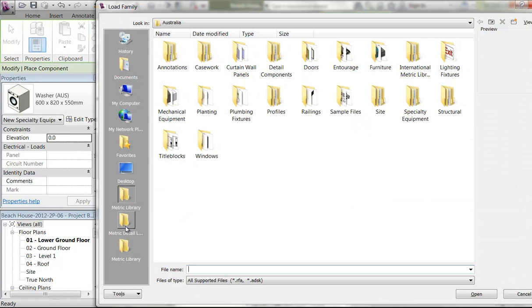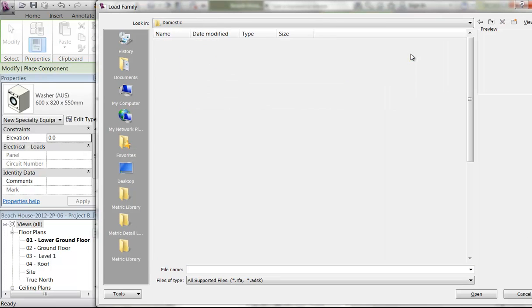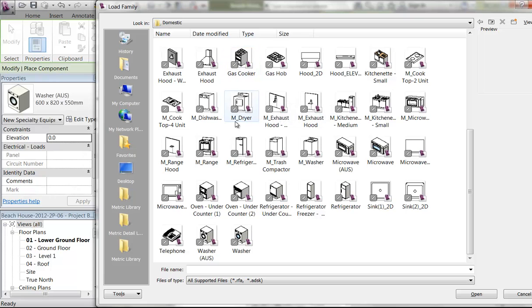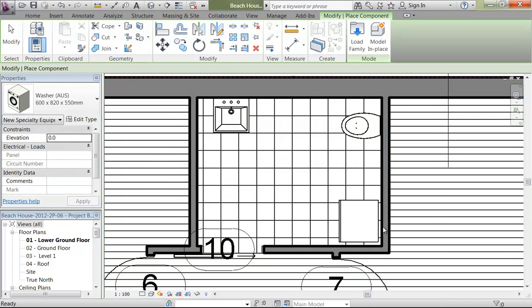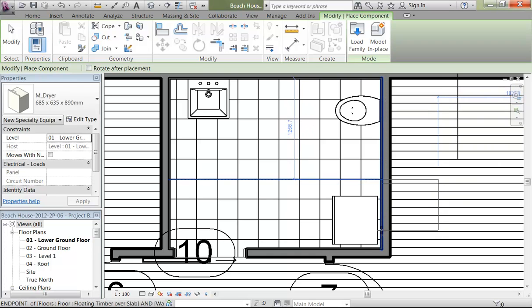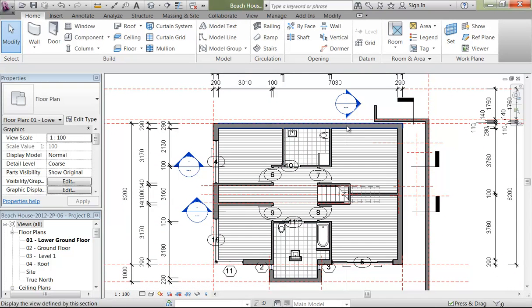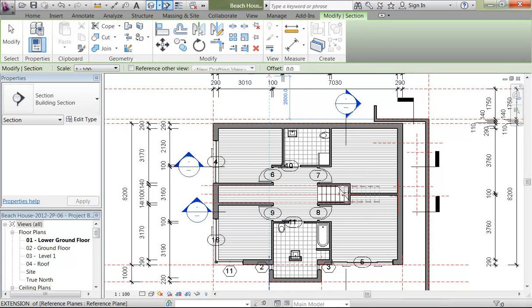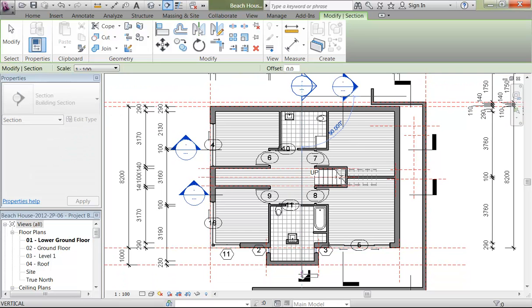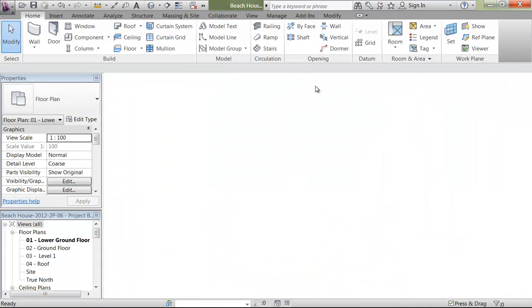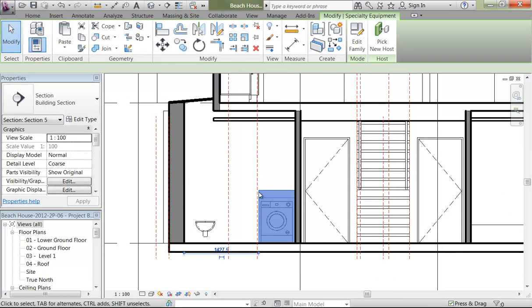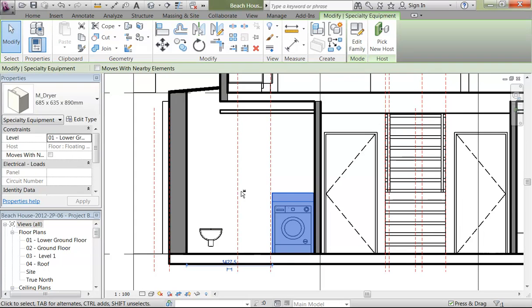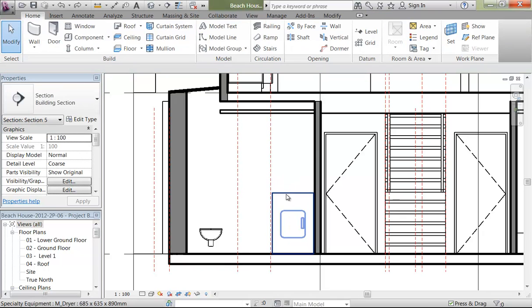And load family again. Special equipment, domestic. Dryer. So I'm going to place that on top. And now I'll put a new section in. Going from the top down. So there's the dryer, and I'm just going to use the arrows to nudge that up. But it's not moving, so I'll use the